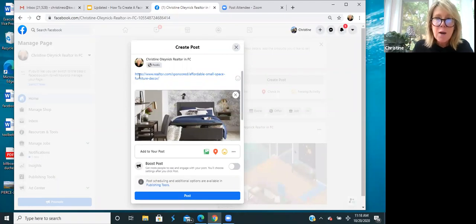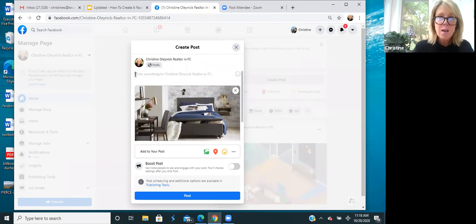But then you want to get rid of the link because it just doesn't look pretty and it doesn't look professional. So I'm going to get rid of it and then type in my own, affordable space tips, just for now.